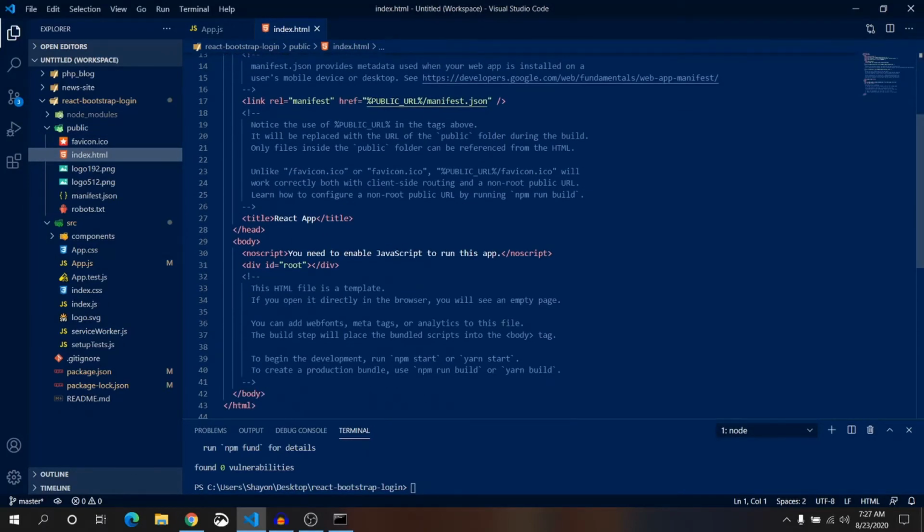We want to write our title React Bootstrap, save it and reload the page. It's saying React Bootstrap, and in the title you can see React Bootstrap.